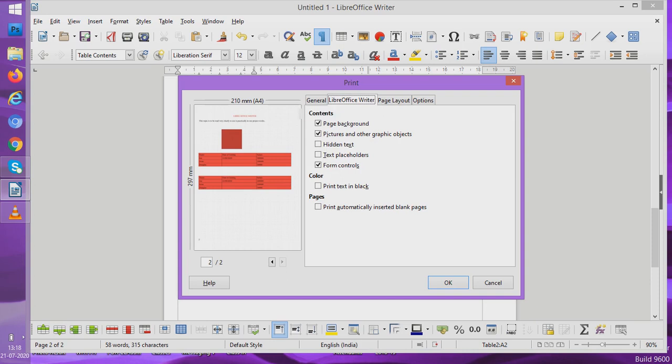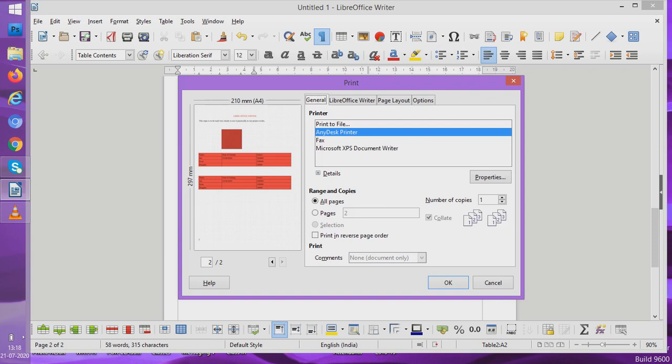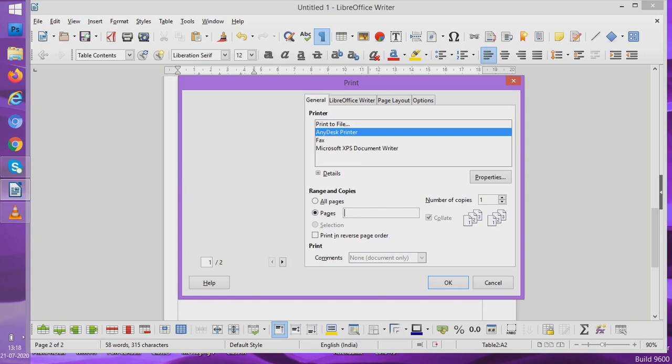Print text in which color? Black or not? This is written. If we say black, then black and white printing would be taken. See, within color. If we don't say, color printing would be taken if the printer allows it. So these are the things which we actually use for printing a document. Now here, as I said, which printer to use for printing. So you can use a printer from here. Then you can also choose how many pages to print. All pages means every page. If I click here and say only one, the first page, page number 1, so only the first page would be printed.